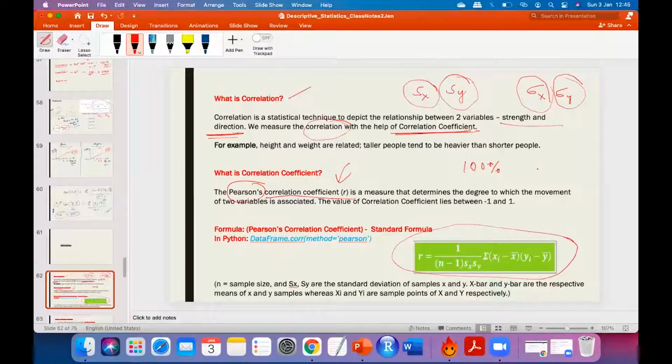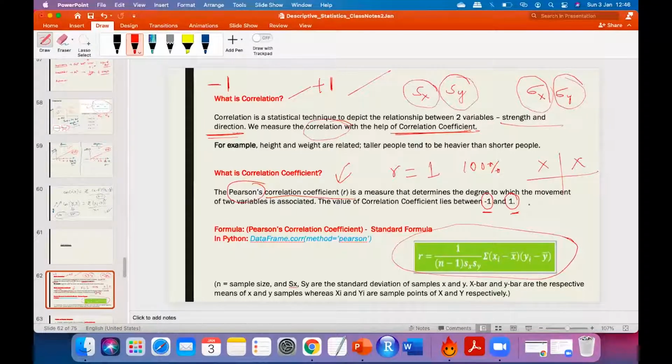That means x and x, if you take these two, those are 100% correlated. That means the strength of the relationship is 1. If it is on the positive side, then the correlation coefficient is +1. If it is on the negative side, then the correlation coefficient is -1. And the range in which the strength varies, or the correlation coefficient range, is from -1 to 1. Is it clear?